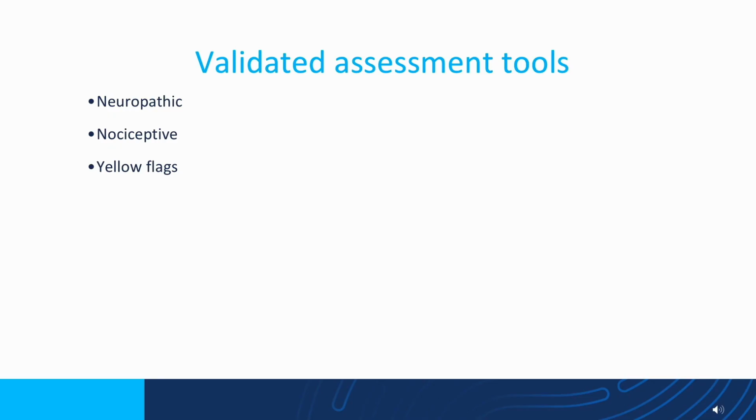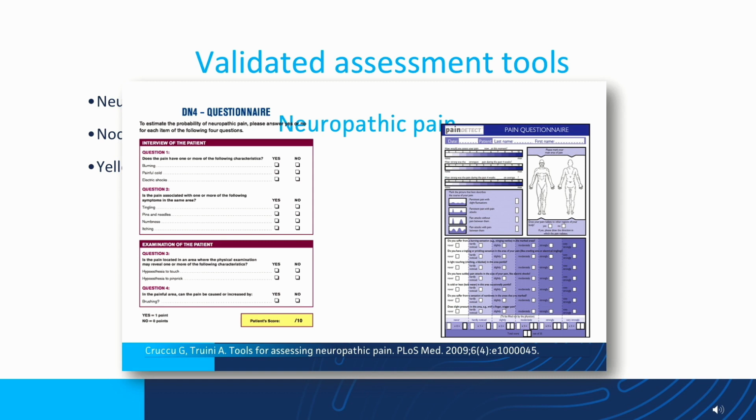There are many tools out there that you could use yourself to define neuropathic pain and define psychosocial aspects of pain. I just want to touch on a couple of them. Neuropathic pain is really easy to diagnose in some instances. You've got to just think about it. The DN4 questionnaire you can get off the internet and it takes you 2 minutes to find. It's effectively, I think, roughly about 10 questions. There are 4 aspects to the DN4. There's a brief history. There's an examination part as well. And effectively, if you score more than, I think it's 4 out of 10, you're likely to have some form of neuropathic pain.